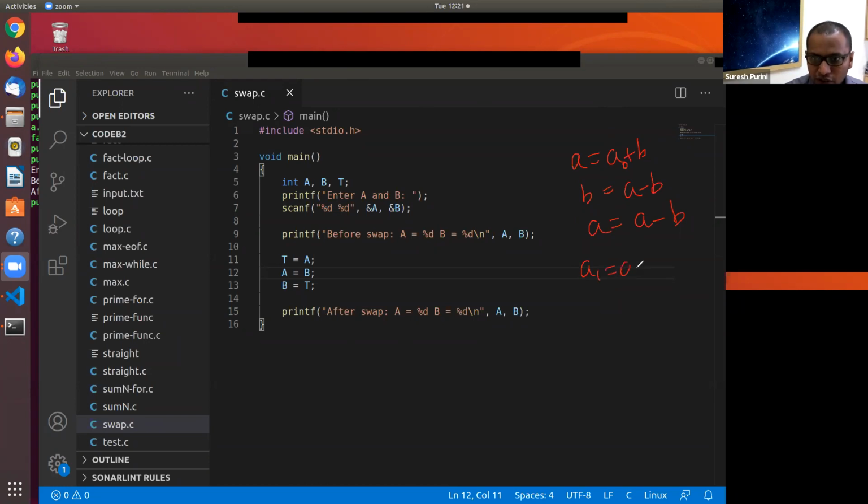A1 is equal to A naught plus B naught. A naught and B naught are the initial values of the variables A and B. So B1 is equal to A1 minus B naught, and then A2 is equal to A1 minus B1.